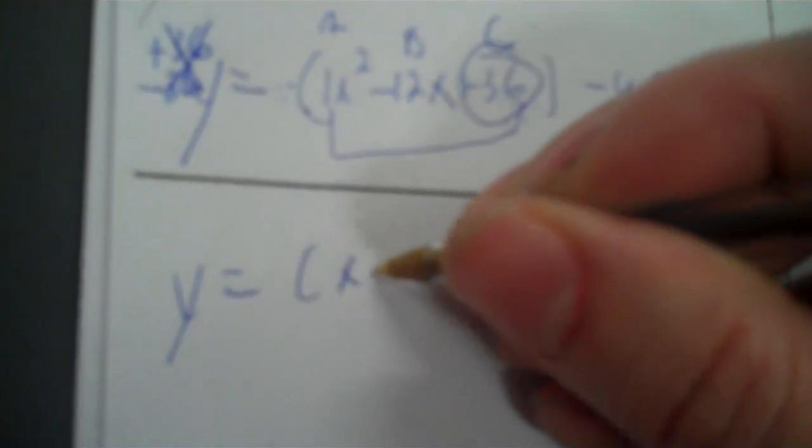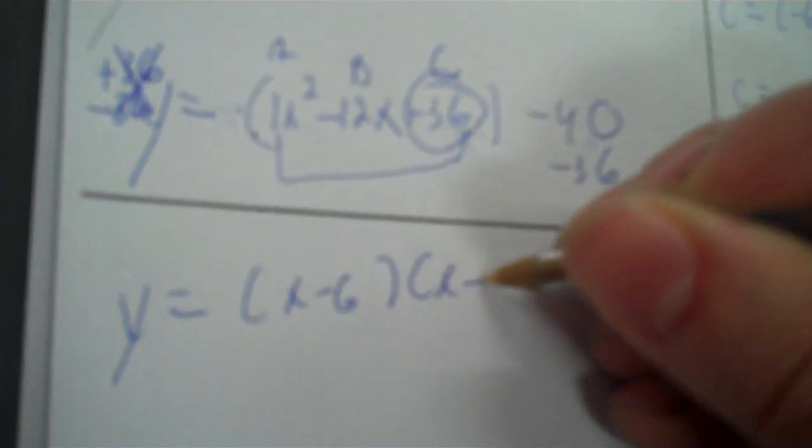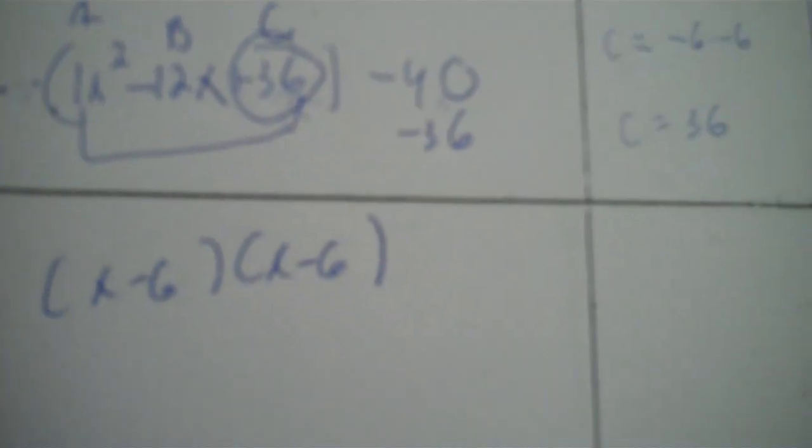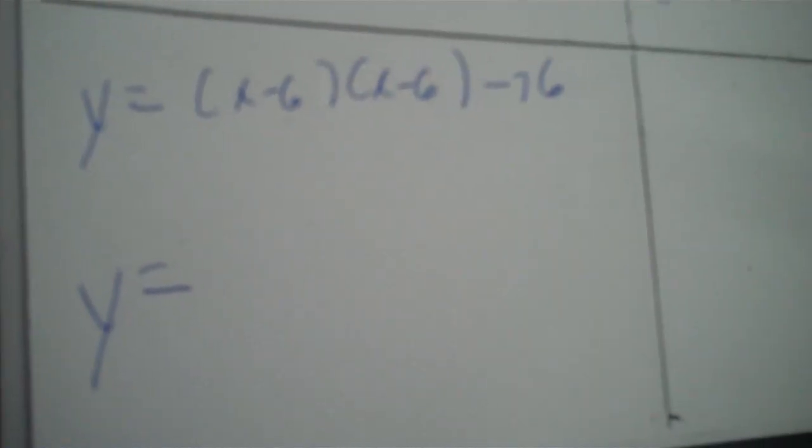So then x, x, and you put the 1's in front. Okay, you can't simplify that then. So it's x minus 6. I rewrite that as x minus 6, x minus 6. And then negative 40 minus 36 is going to be negative 76. Now the last thing you do is you write that as an x minus 6 to the second power,